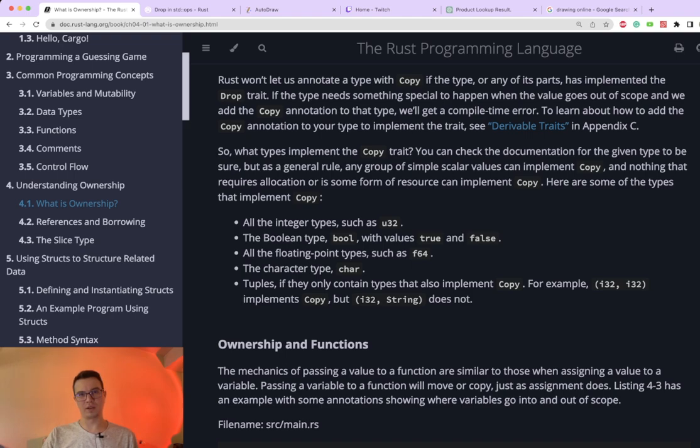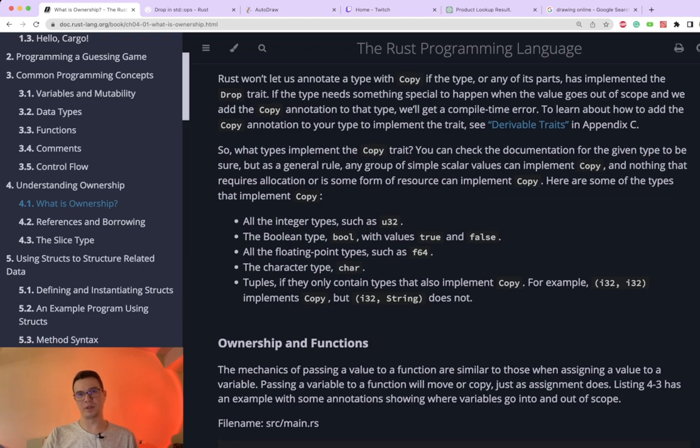Rust won't let us annotate a type with Copy if the type or any of its parts has implemented the Drop trait. If the type needs something special to happen when the value goes out of scope and we add the Copy annotation to the type, we'll get a compile-time error. To learn about how to add the Copy annotation to your type to implement the trait, see